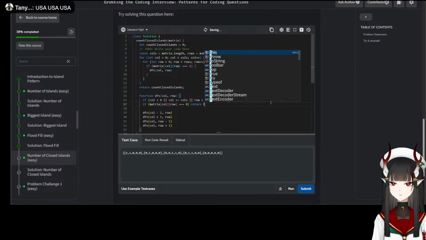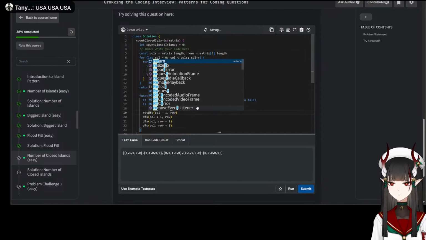If it's equal to water, we can return true, and in the end we just return